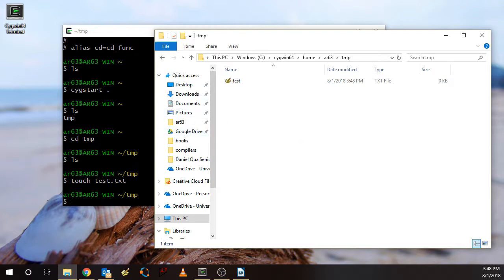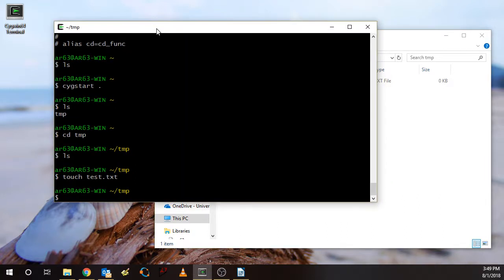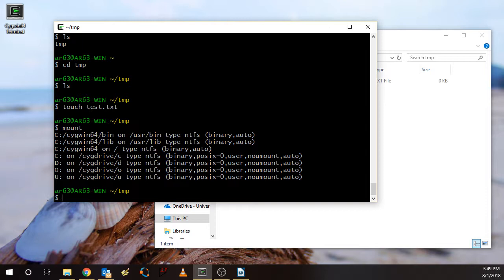So again, in Linux or Unix systems, they don't really have the concept of different drives like we have in Windows. Everything is mounted under the same directory tree, this root directory tree. So how do we access our different Windows drives? Well, I can use the mount command to illustrate where my Windows drives appear in my Cygwin directory tree,